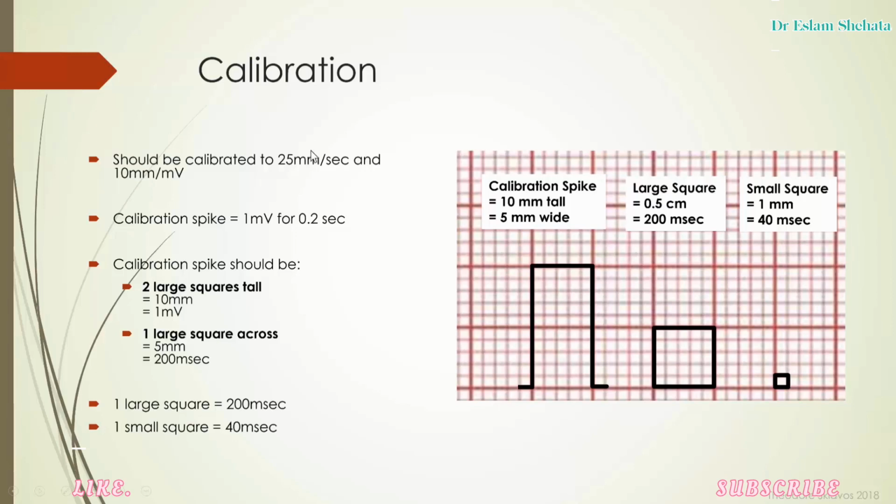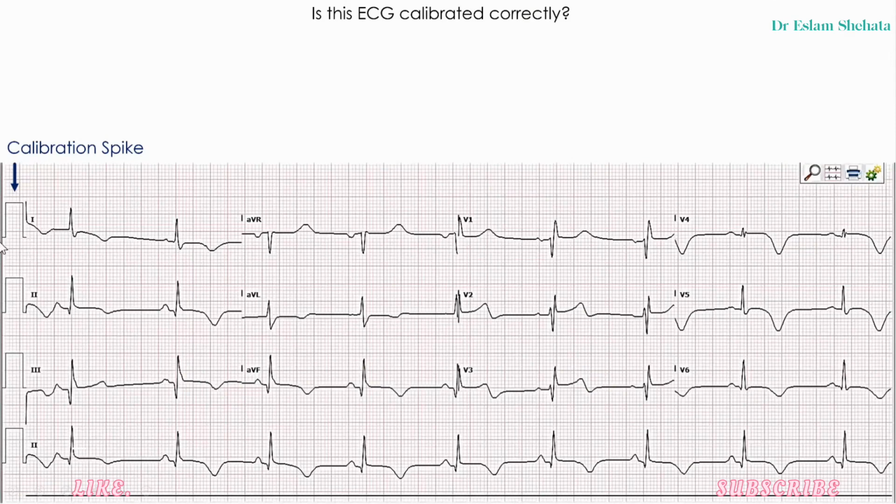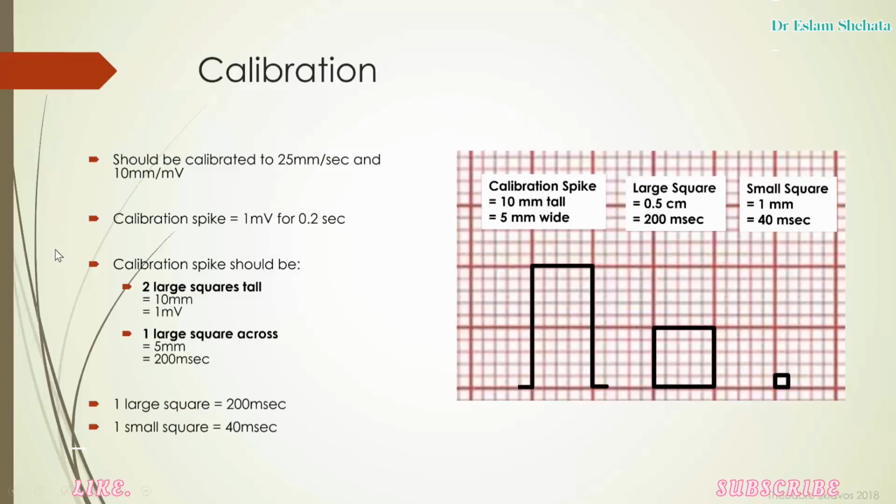So the correct size for a calibration spike is 2 large squares tall, as you can see here, and 1 large square across. So if we go back to our previous slide, we can see calibration spike, yep, 2 large squares tall and 1 large square across. Probably a bit more important is that if it is calibrated correctly, that means you can rely on your timings. So 1 large square is 200 milliseconds, and 1 small square is 400 milliseconds. And that's going to be important later on when you're measuring your waves and intervals and the durations of different